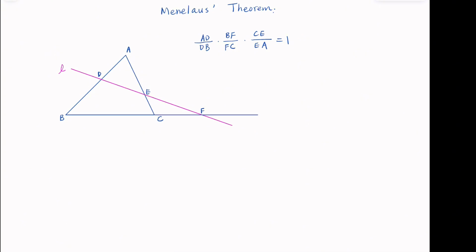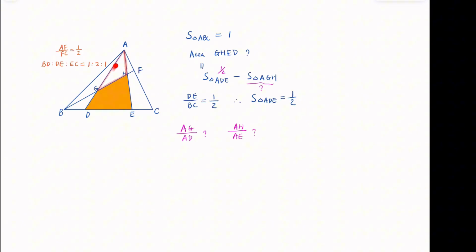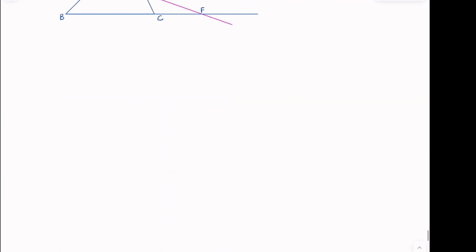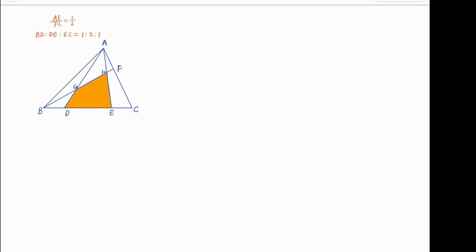Now, back to our problem. In this triangle, we try to find this ratio AG over AD, so we're going to use this theorem. The key of using this theorem is to figure out which line is cutting which triangle. First of all, we're going to look at this triangle here, ADC. We're going to use this line here and apply the theorem directly. So for the triangle ADC,